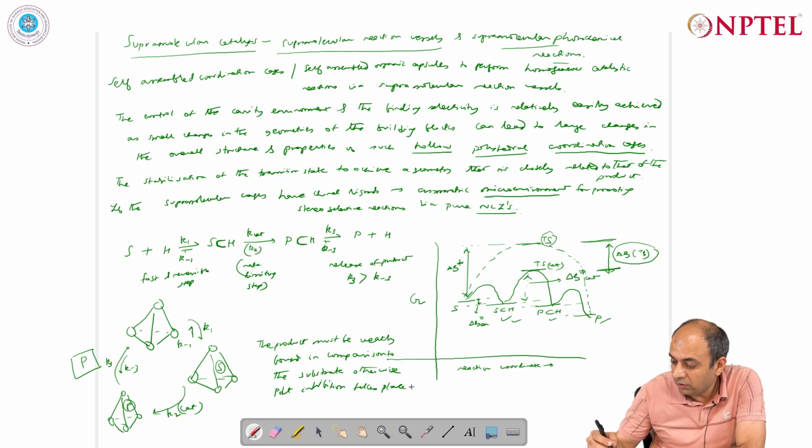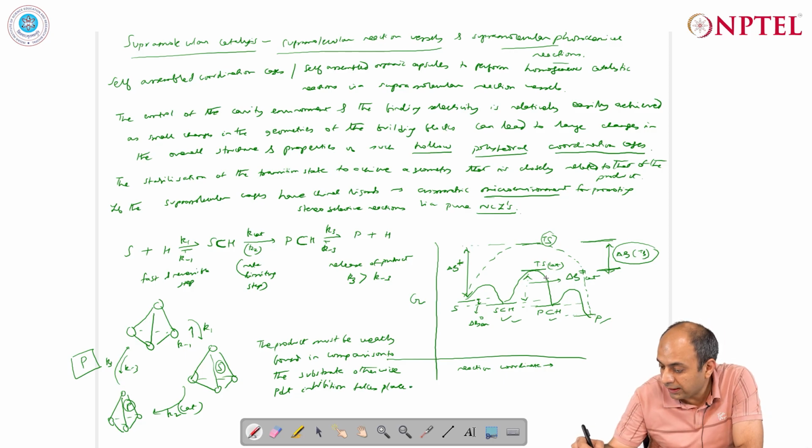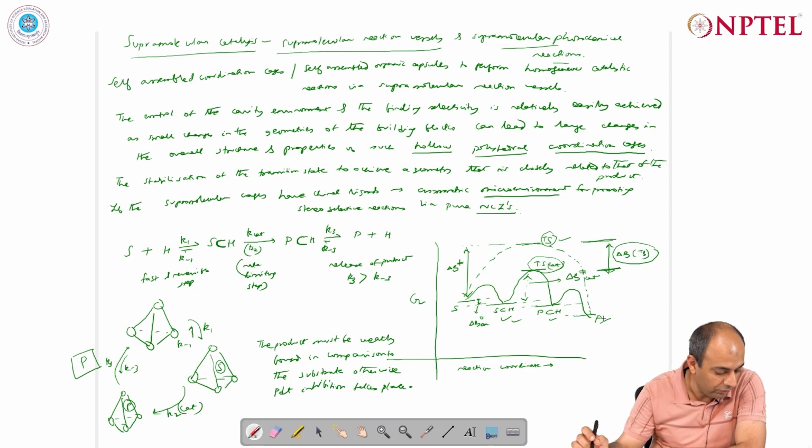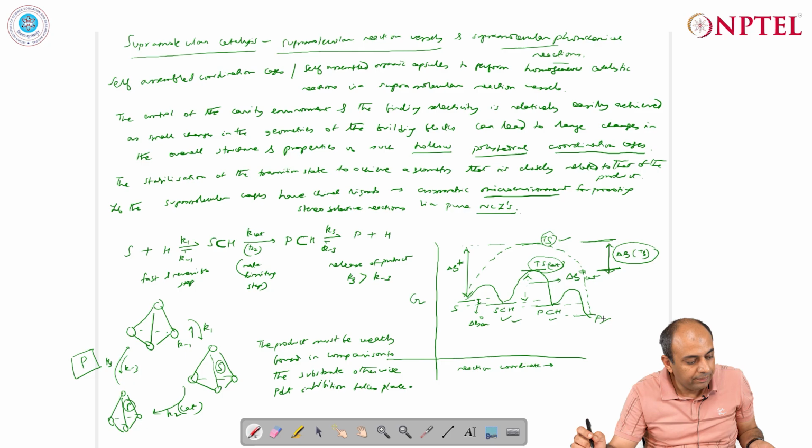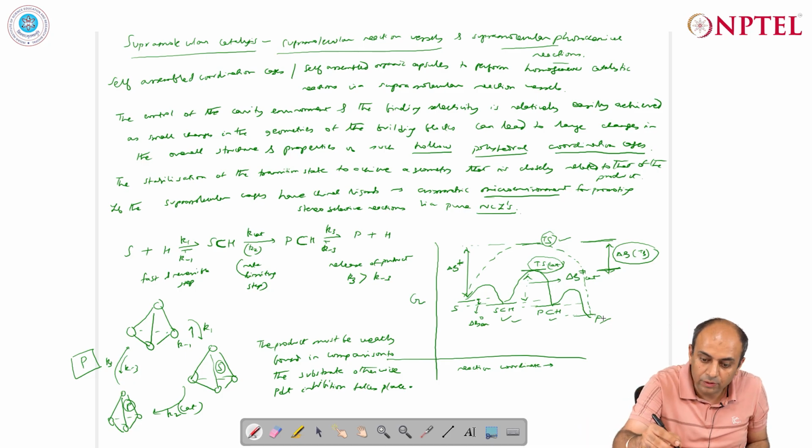So, and then now we can also account for the extraordinary reactivities because of the transition state for the catalyzed step being stabilized in comparison to the transition state for the uncatalyzed step, which leads to the facile formation of the products. Now, with this background in mind,